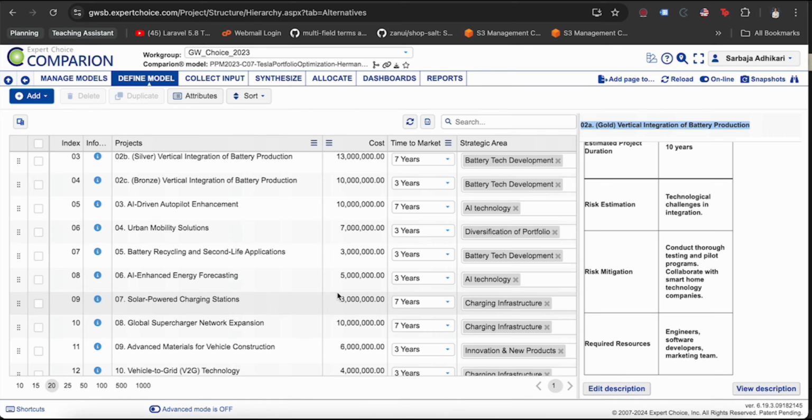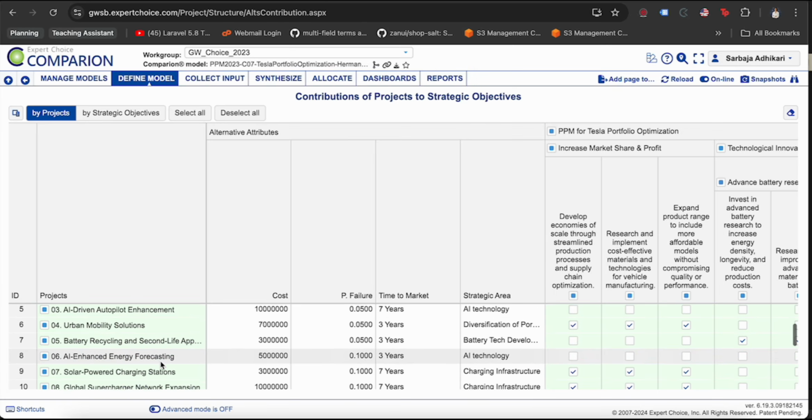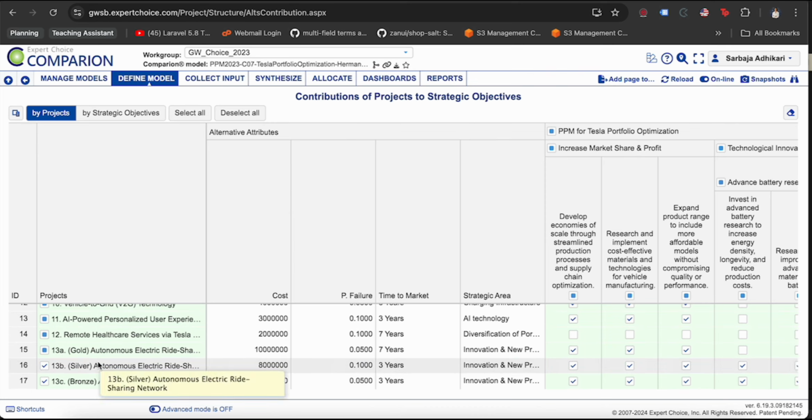Now we need to ensure that each of your projects is actually mapped to the model objectives. So if there is any project that isn't mapped to your overall objectives, it should be removed or you'll need to revise your objectives. So you can map your objectives with alternatives from the contribution tabs here. If you go here, define model, and go to contribution tabs, you can actually see your list of projects over here. These are the projects on the left hand side,